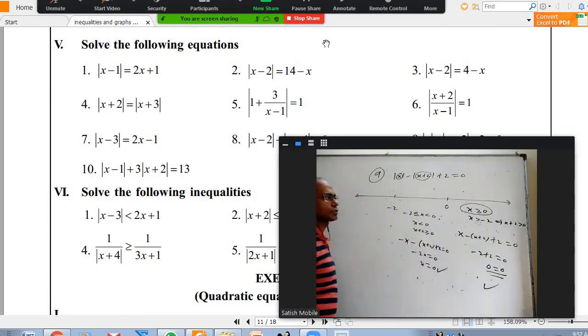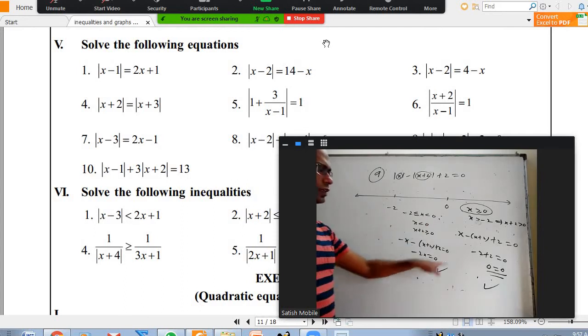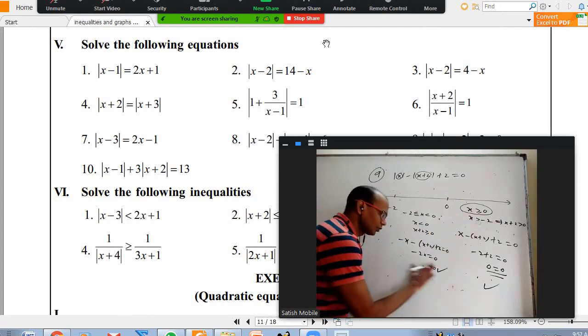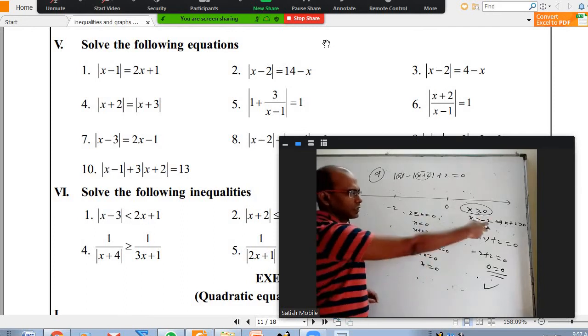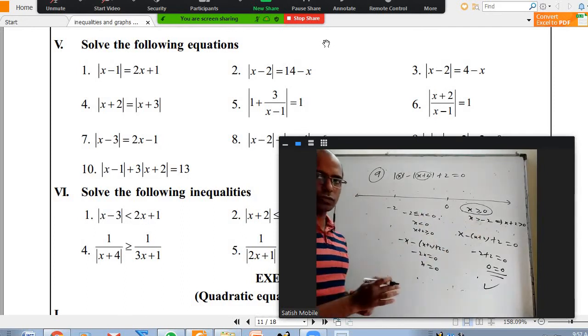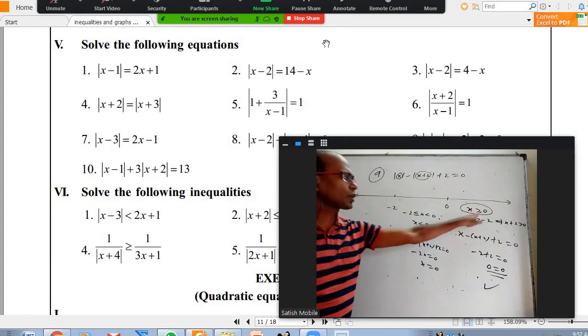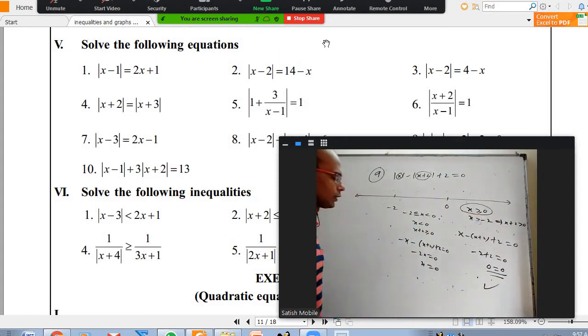x equal to 0 is also okay. But x equal to 0 is not there here, we already covered it. So we don't have any solution here. x equal to 0 doesn't belong to this case, it's already there. 0 is correct, 0 is the answer, no doubt. When you put 0, it will satisfy, but we already counted it. Alright, so there's nothing to worry about this. But we do not get any other solution between minus 2 to 0.